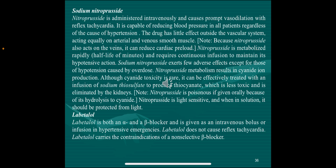Because nitroprusside also acts on the veins, it can cause reduced cardiac preload. It is metabolized rapidly, and its half-life of minutes requires continuous infusion to maintain its antihypertensive action. It exerts few adverse effects except for those of